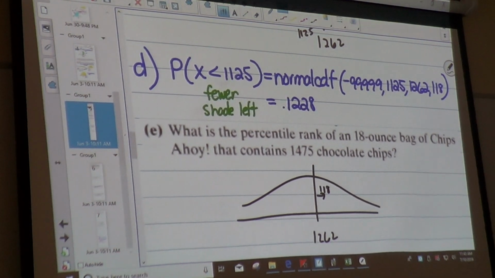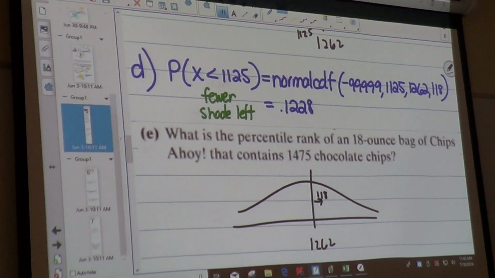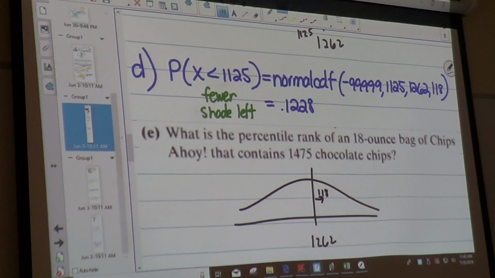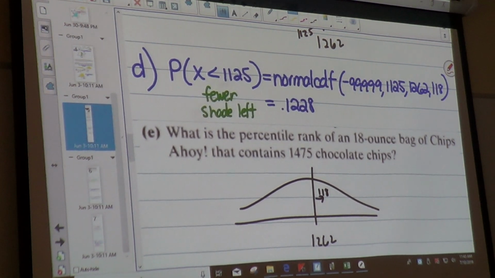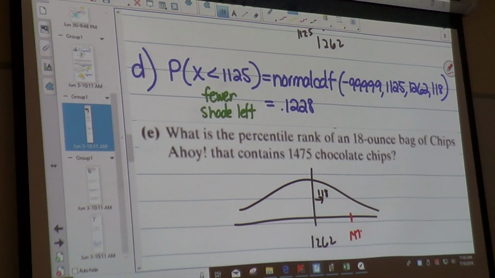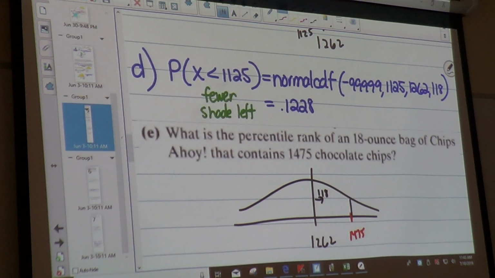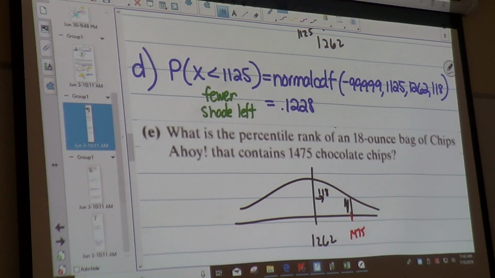So I want to know what is the percentile, I'm doing E, what is the percentile of 1475? So 1475. And I want to